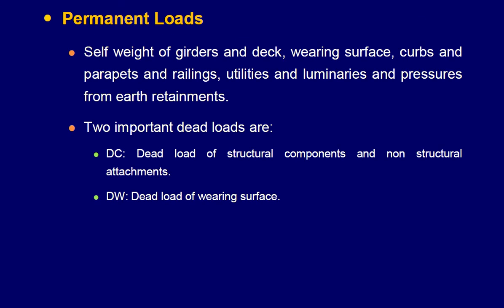Now, taking the first category, permanent loads. Self weight of girders and deck, wearing surface, curbs and parapets and railings, utilities and luminaries, and pressures from earth retainments. These are all permanent loads and will stay there as a dead load throughout the lifespan of the bridge. Two important dead loads are DC, which is the dead load of structural and non-structural components, and DW, which is the dead load of wearing surface. Why are we taking it as different? Because the wearing surface may differ at different phases of the design life of the structure. Okay,